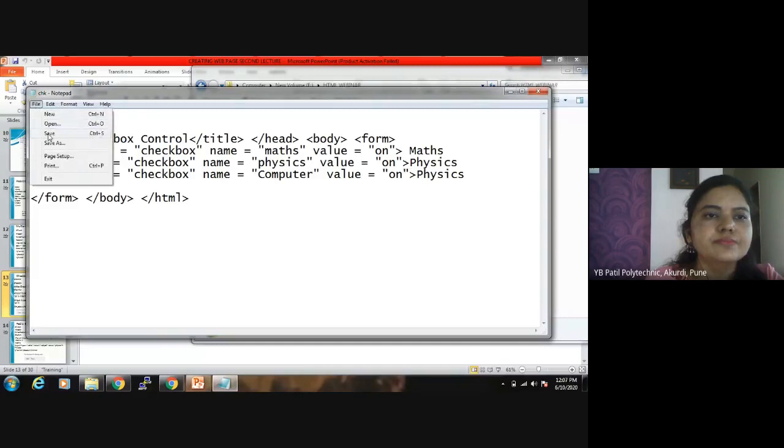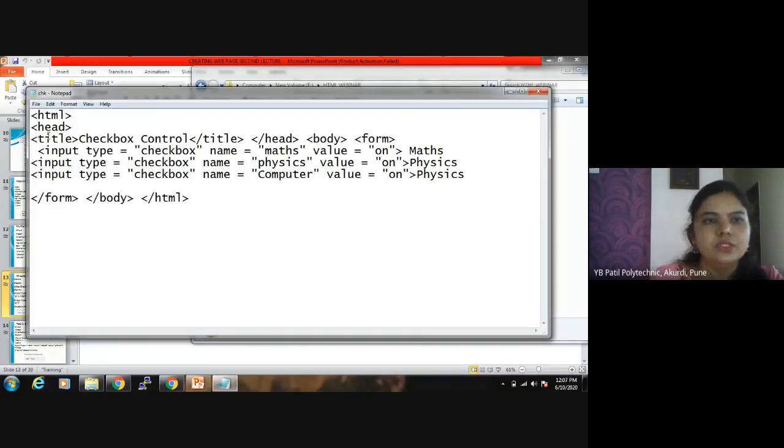Save this. See the coding: HTML, head, title of document, then input type checkbox, checkbox, checkbox. Just I have changed the names. First checkbox is maths, other is physics, and the third one is computer. Save.